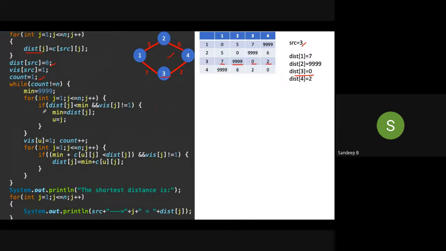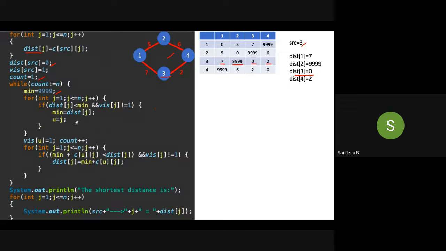And this is the important loop, the while loop. While count not equal to n, this while loop will be executed 3 times. Now minimum value I have initialized to a large value, 999. Minimum is equal to 999. For int j is equal to 1 to n, this for loop will execute 4 times.